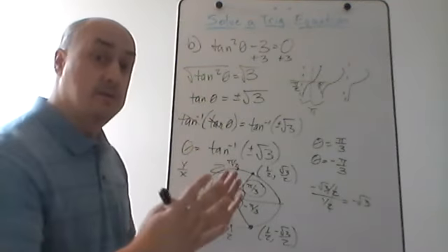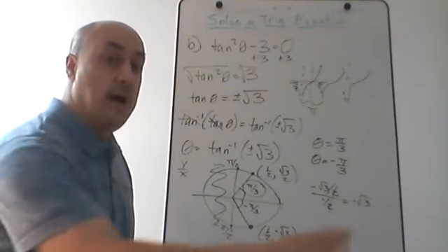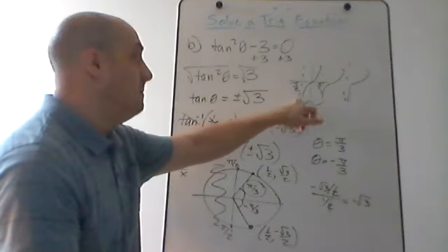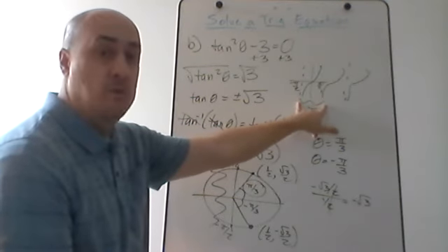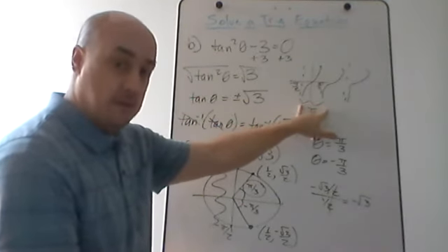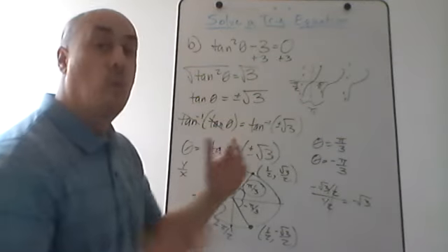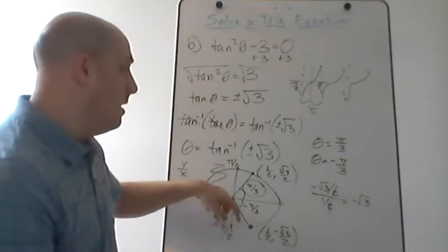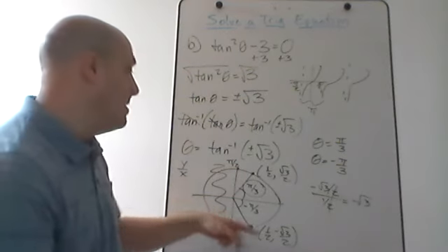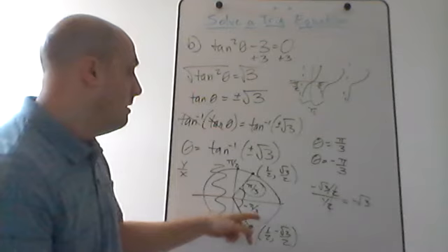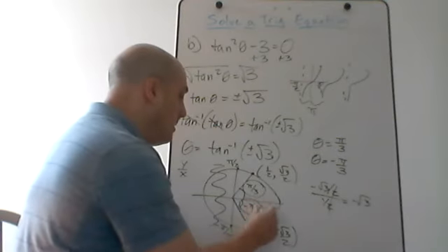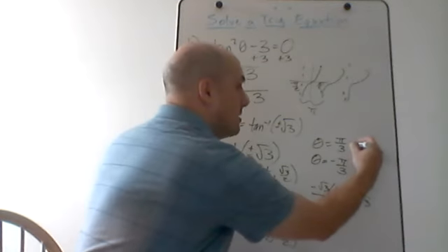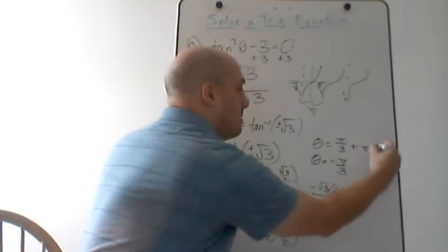Sine and cosine, the period is 2 pi. It takes the graph 2 pi units before it finally gets back to the starting point and repeats itself. But for tangent, that happens between negative pi over 2 and positive pi over 2. So the length of the period for tangent is only 1 pi. So I find all of my solutions in half of the unit circle between negative pi over 2 and positive pi over 2. That gives me pi over 3 and negative pi over 3 as my solutions in that one period. And then to give all the solutions, I add plus pi k,